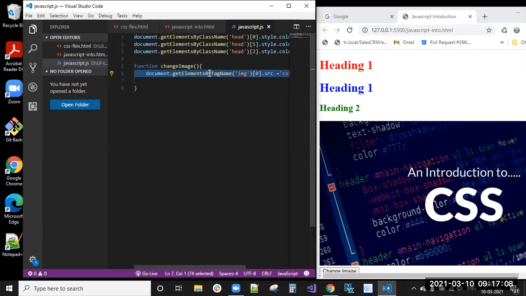If that image has a class, you can change it by using document.getElementsByClassName. Only for ID you have getElementById, because I told you that by using IDs we can select a single element only. We can't select more than one element by using the ID attribute. We can select tags, meaning if we have h1 tags, h2 tags, and h3 tags, and in the document we have 10 h1 tags and 10 h2 tags. Buttons also, getElementsByTagName button.